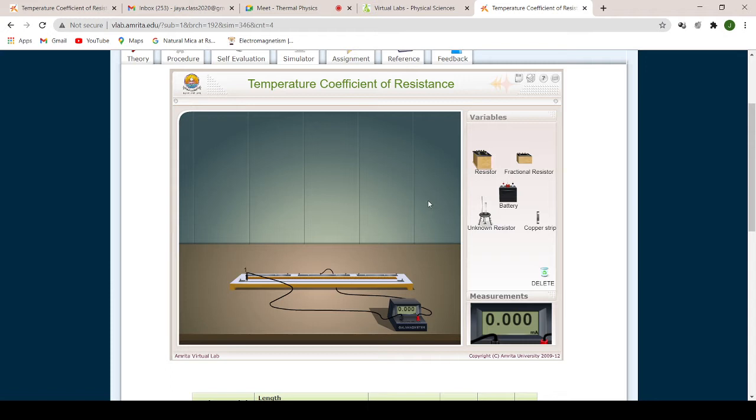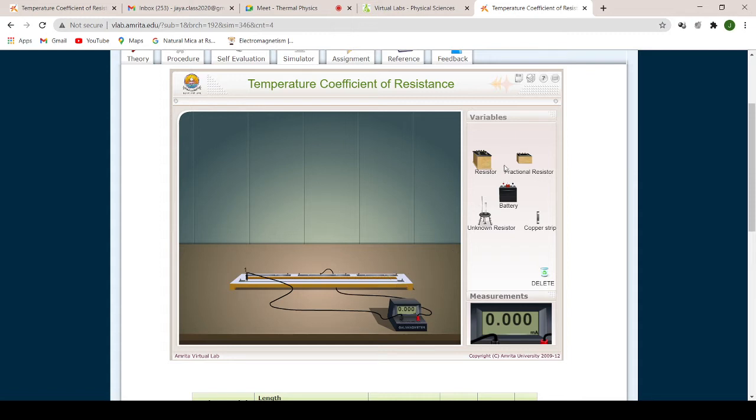Okay, so first what we will do is, let us connect the resistor. So if you see here, 1 is marked. Can you all see 1 over here, girls? Yes, ma'am. So this is one slot, and this is the second one, this is the third, and this is the fourth slot. Okay.